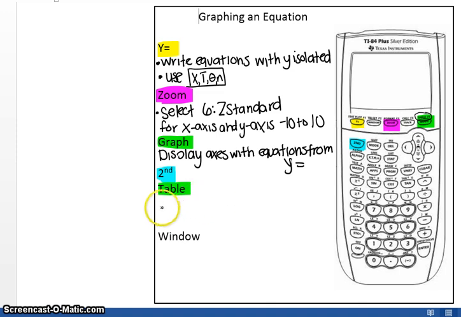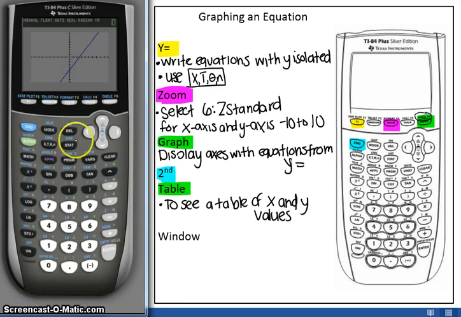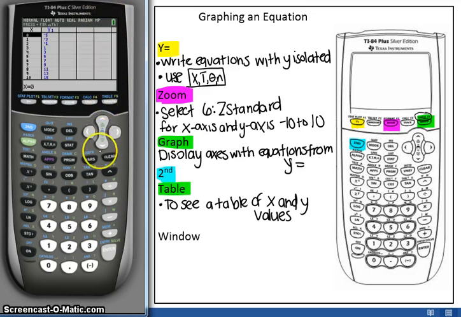So second table, you press this if you want to see a table of x and y values that are part of that equation. Those are the values that if you plugged into your equation, they would make the equation true. So if I press on my calculator second, and I know second is active because I see the little up arrow there, and now I'm going to press graph,